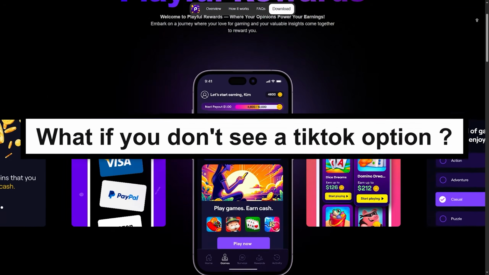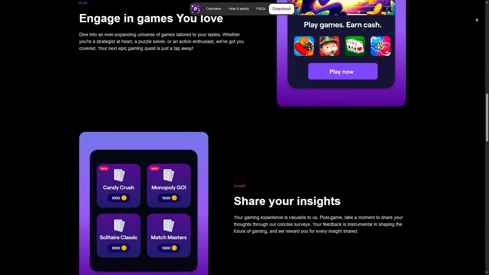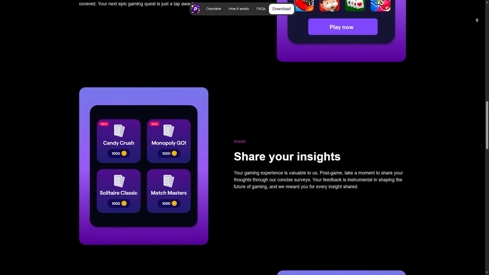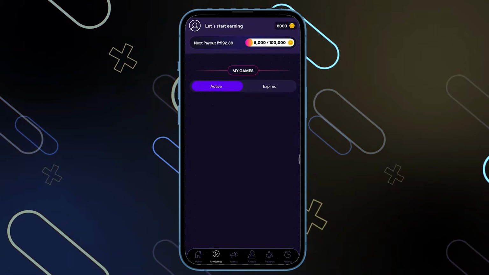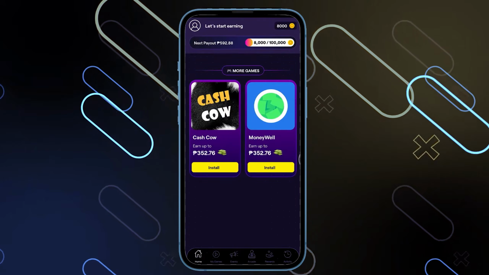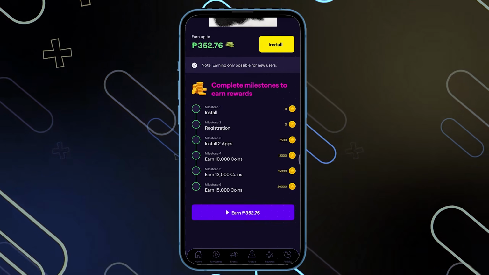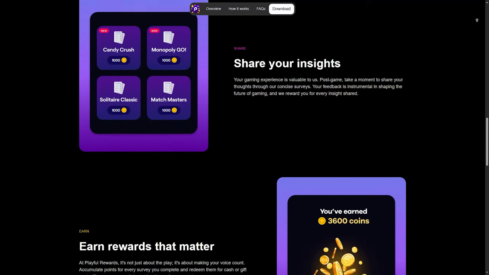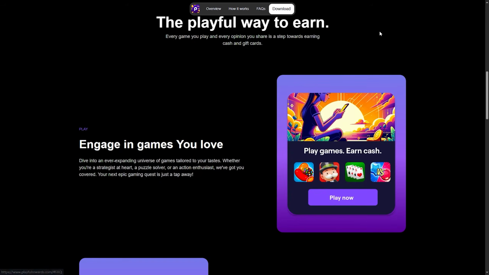What if you do not see a TikTok option? If you do not see a TikTok option or you do not see any TikTok offers, then unfortunately you cannot connect Playful Rewards to TikTok at that time. There is no manual setting and no workaround. Most of the time, Playful Rewards focuses more on games and app-based tasks, so TikTok rewards may not always be available. So to sum it up, connecting Playful Rewards to TikTok is easy, but only if the option is offered